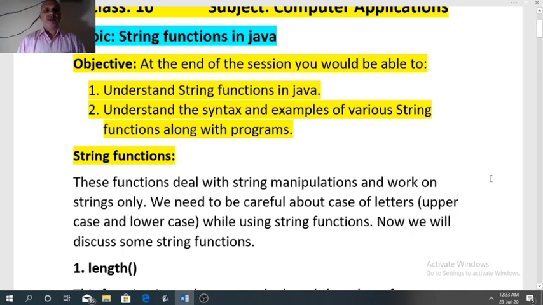The remaining 8 functions we will cover in the next video class. So please revise all the functions, their definitions, syntax and examples. And try to see the programs related to these functions that are given in your textbook.